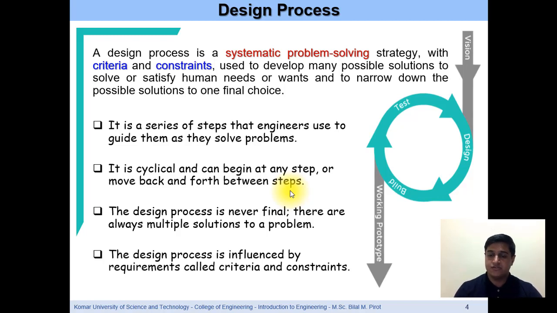It can be revised during the implementation of any system. So it is just like a cycle. The cycle includes testing, designing, building. Testing, designing, building. So you can revise